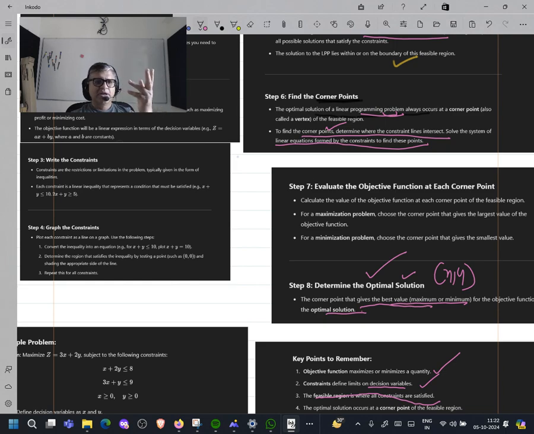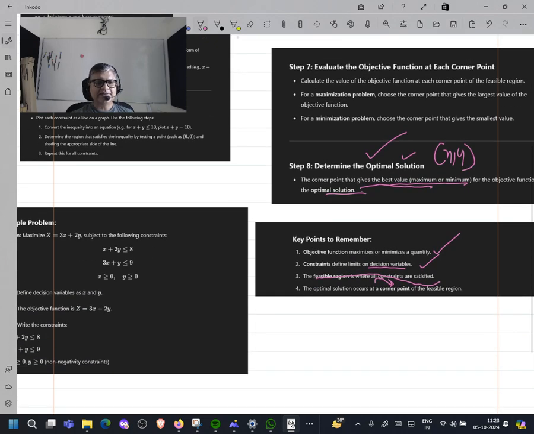So many points. Fortunately, our optimal solution always happens at the corner point. So there is no struggle of choosing out of so many hundreds of points in the common area. The corners are the ones I need to worry about. So just worry about the corner and start putting the values of the corner x and y in the objective equation. I hope this made sense. There is a clarity in you when it comes to solving these problems.